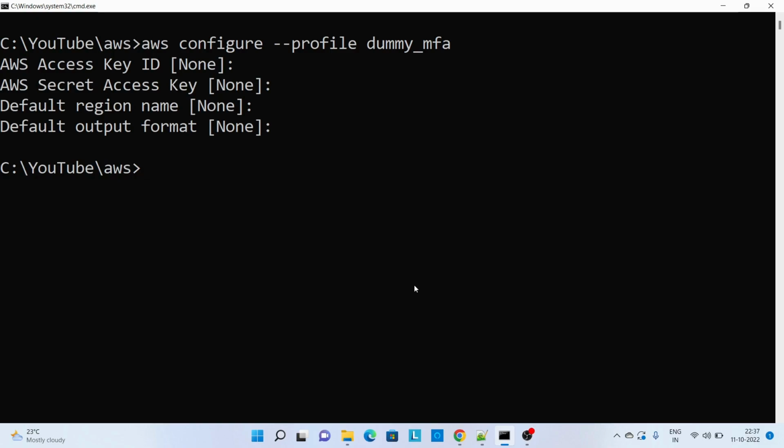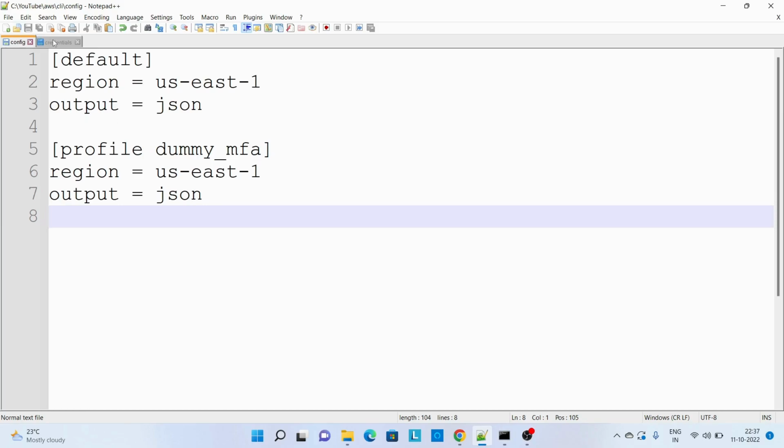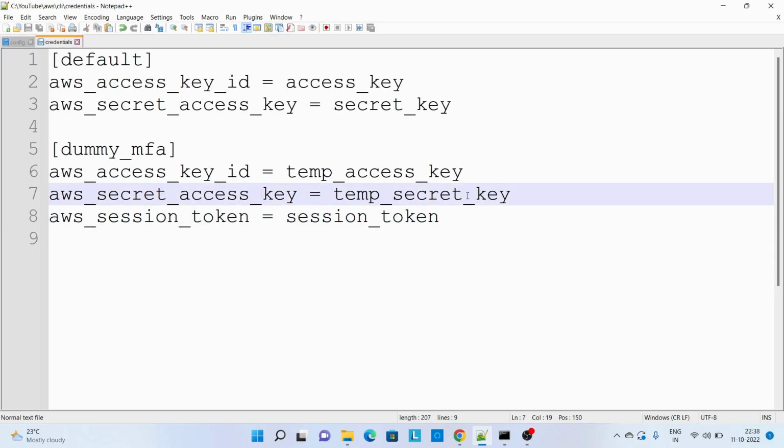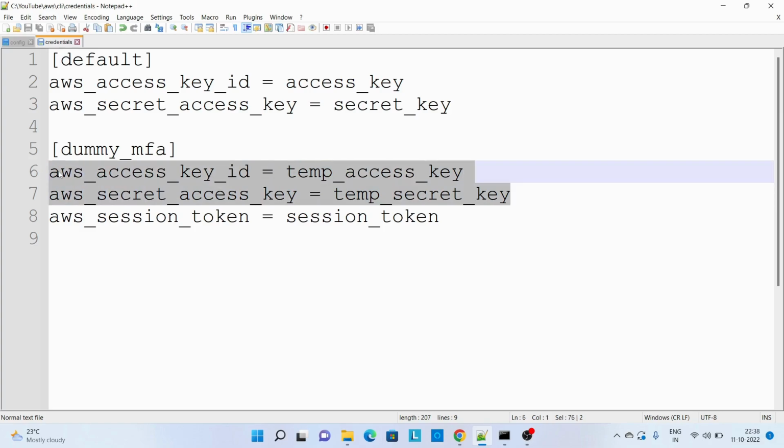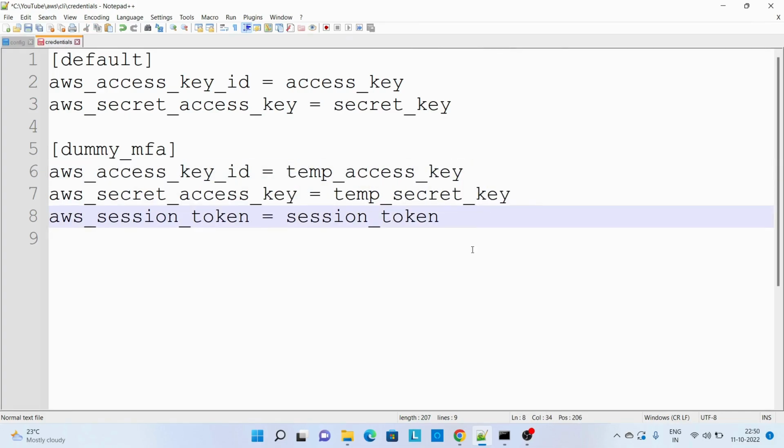And for that, go inside the .aws folder, which will be available inside your user profile for Windows machines. And for Linux and Mac, I have given the details in the description. So if we open the credentials file, we have used the aws configure command and passed these two values, that is access key and secret key. So those values will be available here. For session token, we need to add one new parameter,